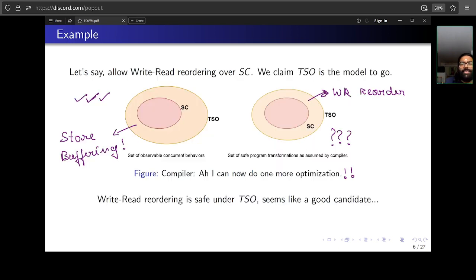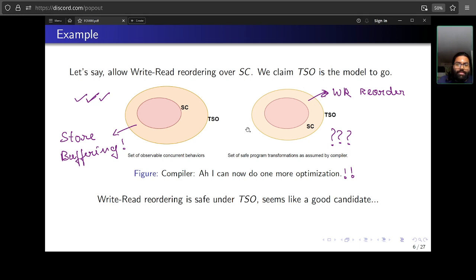So let's just take a look. The base model is SC. We want, let's say, a weaker model. And for that, here's a good model. It allows write reordering. And that's the evidence of new behaviors.